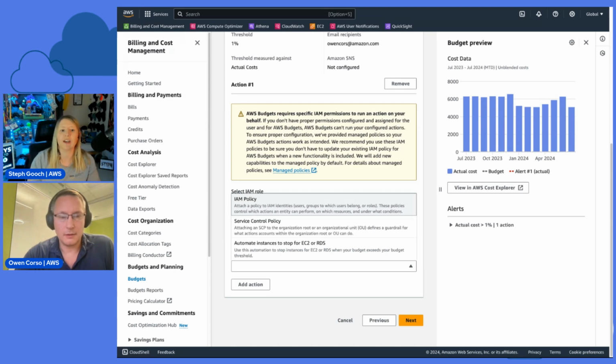User A can't just log in and create something, but the auto scaling group could just continue. Yeah. In that case, you would probably use this action to attach to an IAM user or IAM group, user group. The entity that's launching the instances in an auto scaling group is that role.